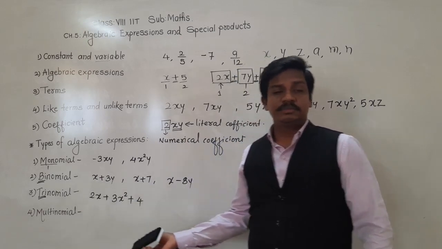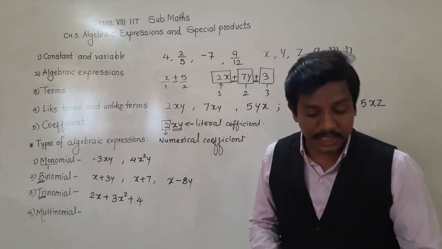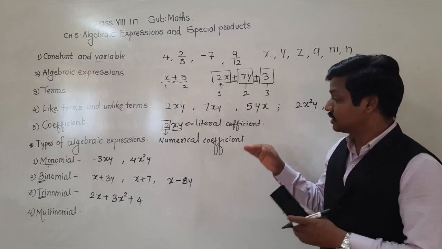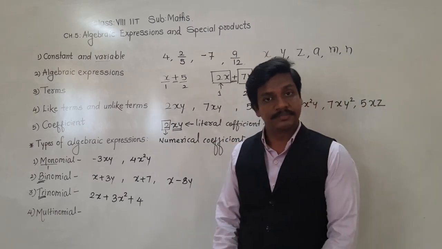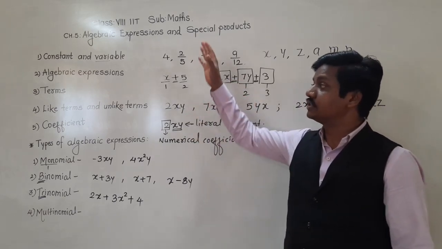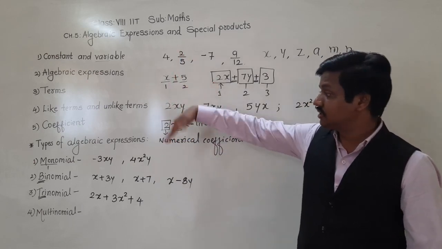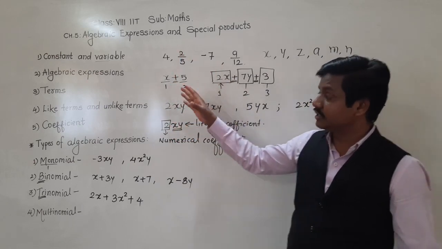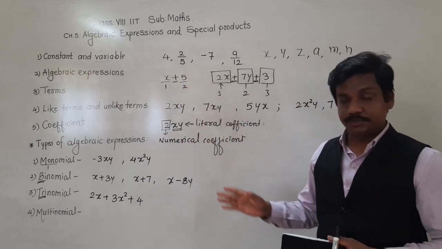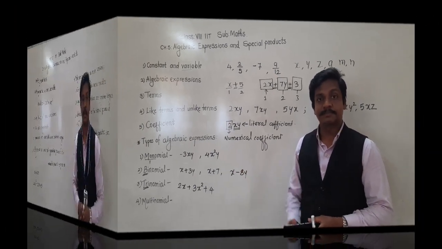Multinomial. Multinomial means what? The algebraic expressions with two or more than two terms are called multinomial. Okay, so these are some basic concepts or basic terms in the algebraic expressions which we have done last year. This was just the review for you. If you want it in detail, go to the textbook, you will get the detailed definitions of these terms. Understood? Two more concepts are there that we will see after this.